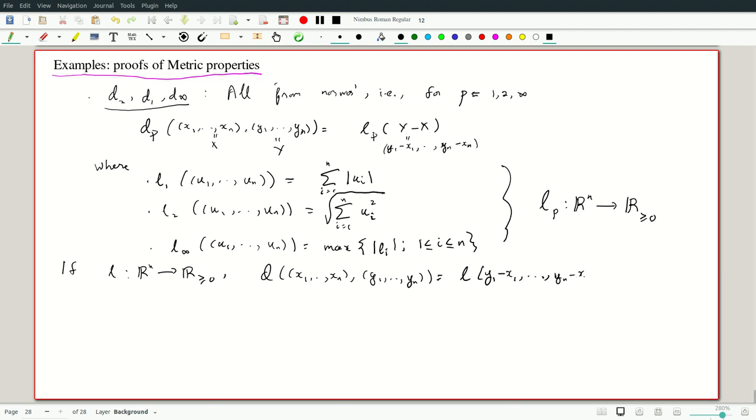So I have a function from Rn which is going to be a norm-like thing. It tells you the size of a vector. If I have this D which is defined as this, it is a metric